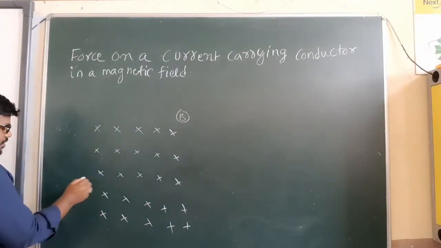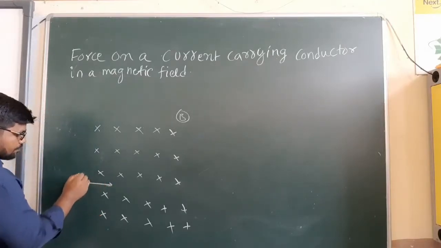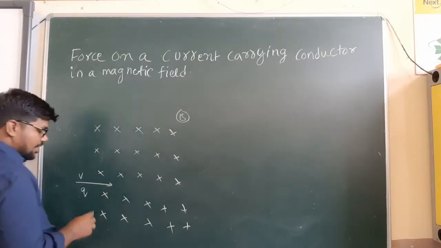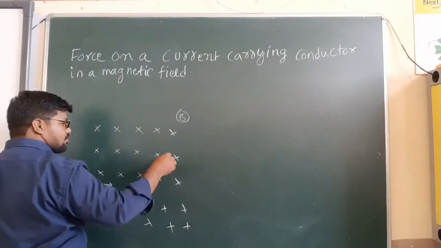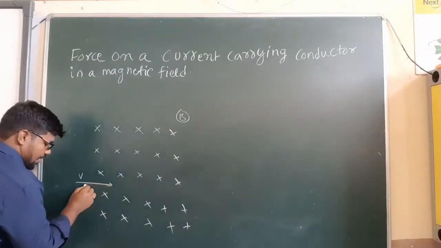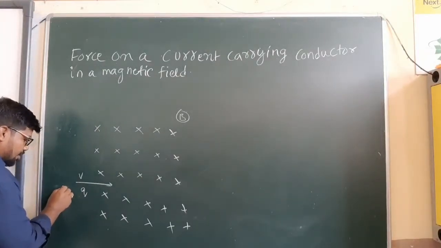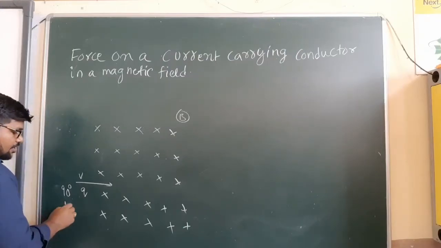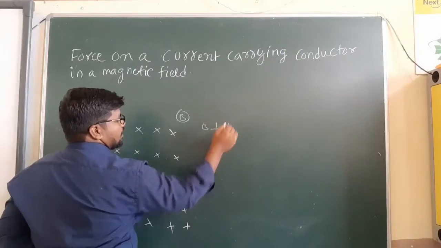When a charged particle having velocity v enters the magnetic field at 90 degrees, perpendicular to B,